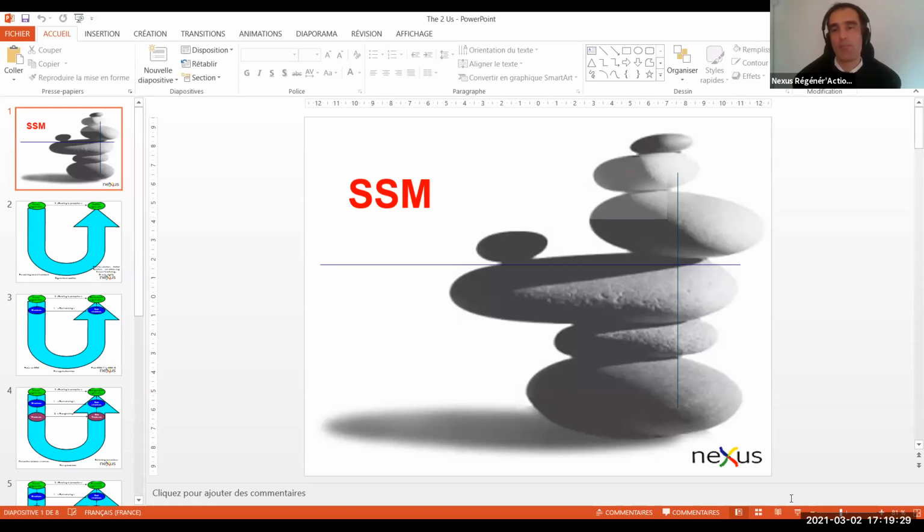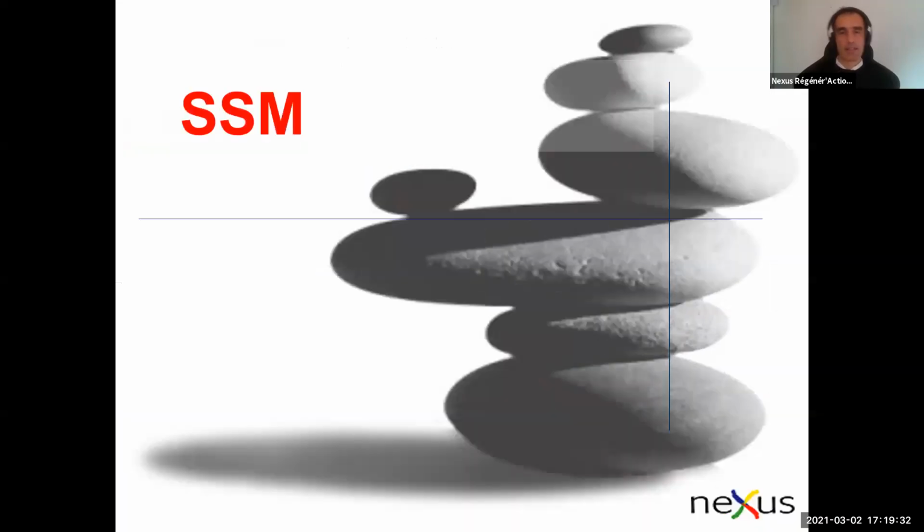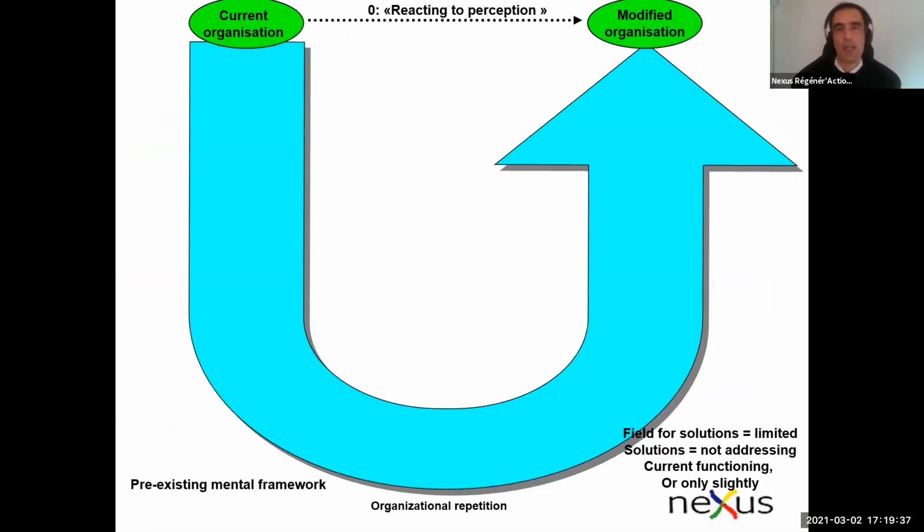So I'm going to share my screen now, and I'm going to take you through these concepts, tools, and ideas. Okay, so really what I'm going to present to you is based on the U theory. It's been developed in the US by a German called Otto Scharmer. Theory U is also known as the U process. There are two ways of using it, and I'm going to go through both of those ways with you today.